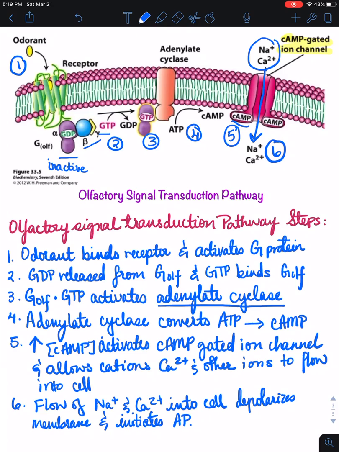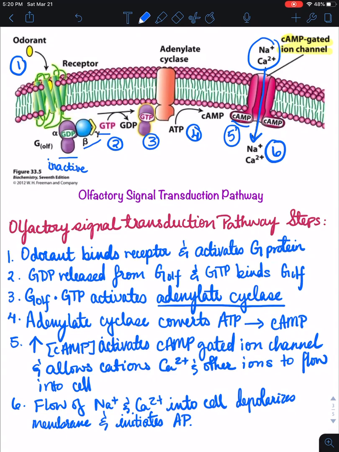An increase in cyclic AMP levels in the cell is going to activate the cyclic AMP gated ion channel, and activating that allows for positively charged ions like sodium and calcium to flow into the cell. And when these ions flow into the cell, it is going to depolarize the membrane and initiate an action potential. And that action potential is then transmitted to the central nervous system and processed there, and then yields a perception